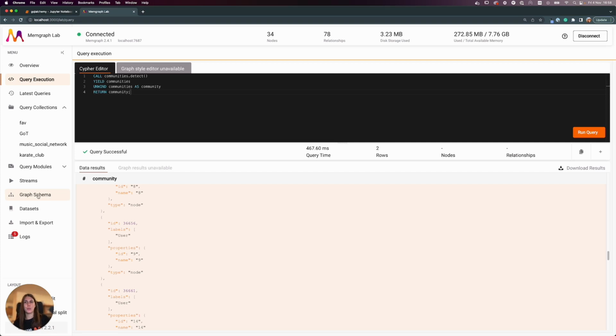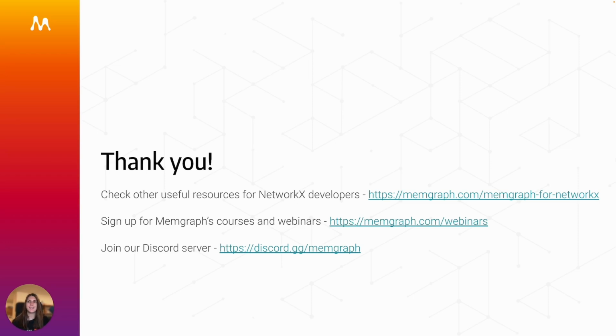I didn't show you a bunch of other features that Memgraph has, but there are other courses and other materials out there with which you can learn more about that. So that's it. Thank you for joining the Graph Analytics course, and hopefully you got to learn a bunch of new things about graphs, graph databases, graph analytics, graph algorithms, NetworkX, Memgraph, and hopefully you learn a bunch more about